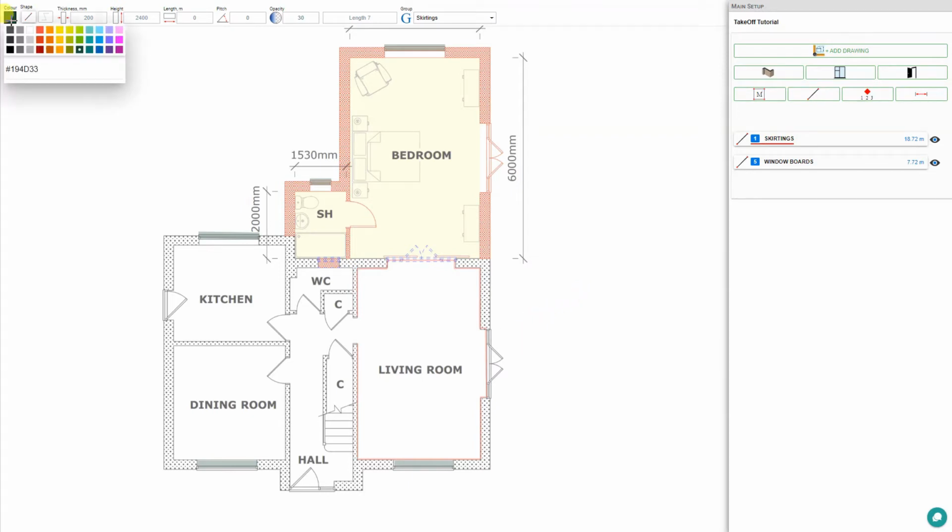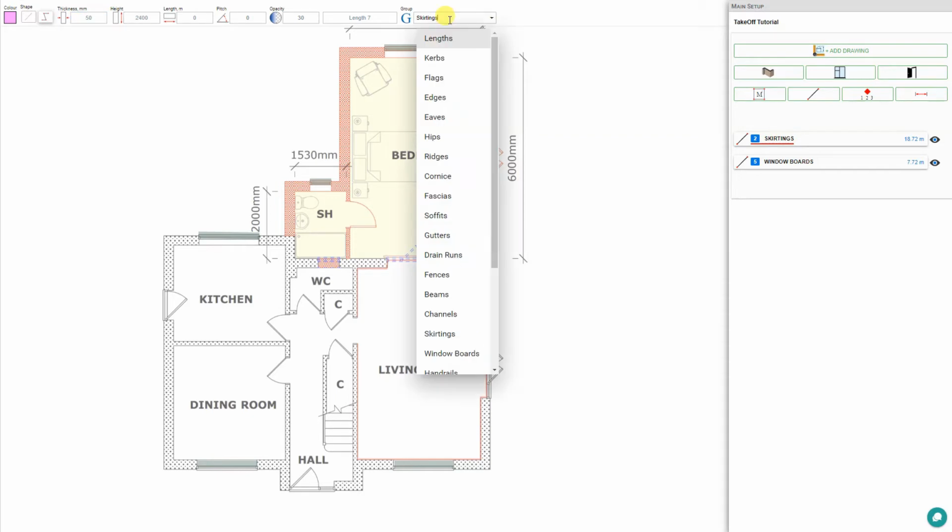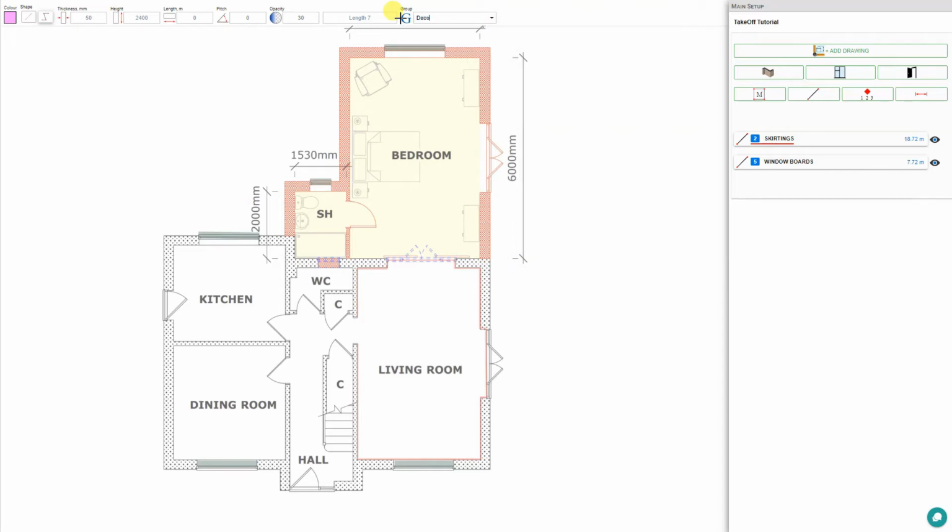So for this example, let's change our color again. We'll change this to a pink, and we'll select a polygon tool, and we'll change the thickness. In reality, the thickness would only be about 1 millimeter, but that might be difficult to see on our floor plan. So let's just choose 50 millimeters with a wall height of 2400 millimeters. This time we'll assign the group to decorating, which I don't see in the categories here, so we'll just simply type it in manually. And now with our pencil tool, we can draw out the perimeter of the dining room,